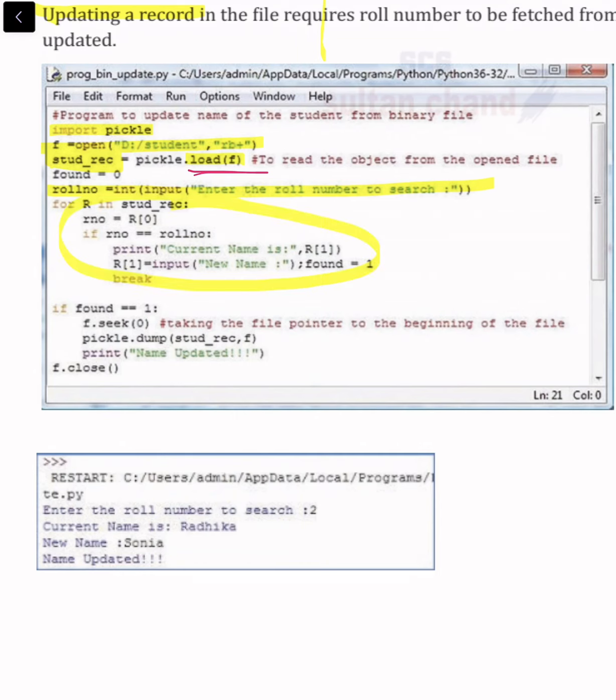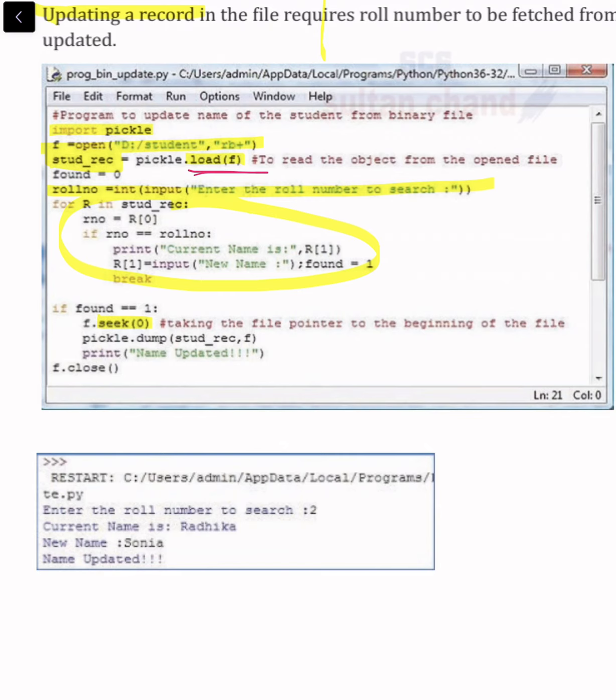As soon as it finds the roll number, we will use another function, seek. We will see how seek works. We will use the seek function to move the file pointer to the beginning of the file so that we can put the new record. Once we have the file pointer in the proper position, now we can insert the record.